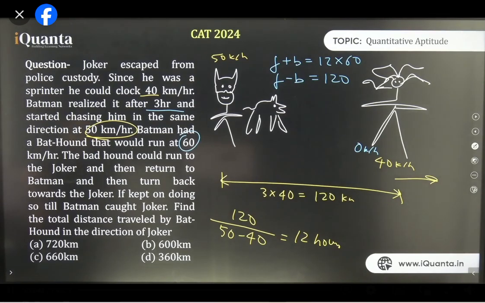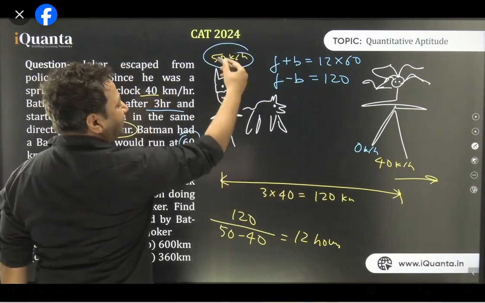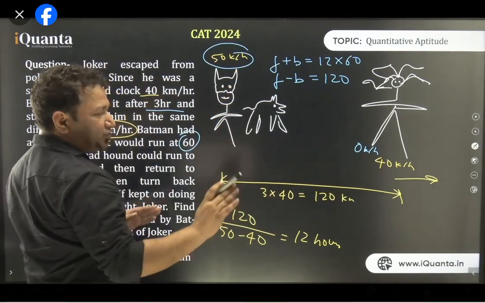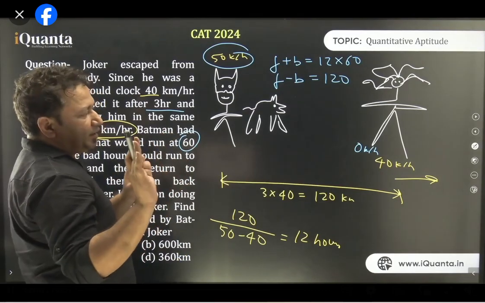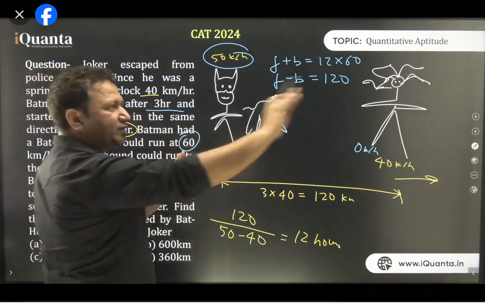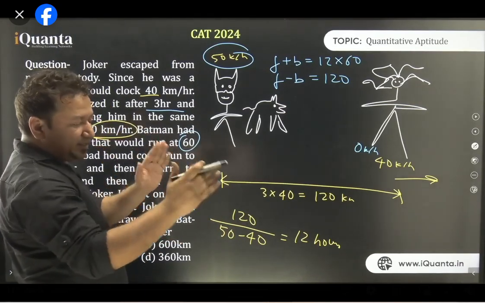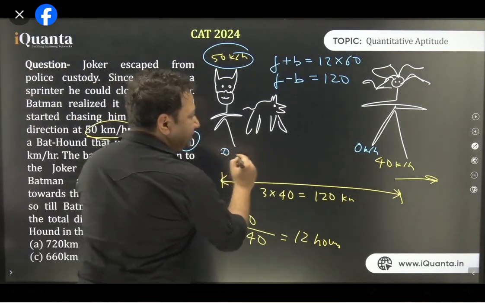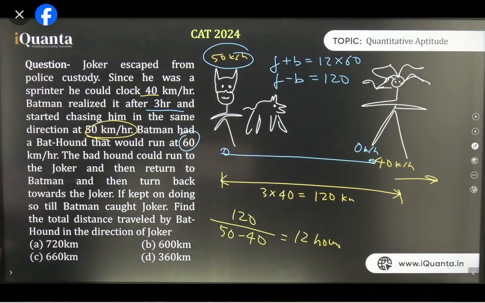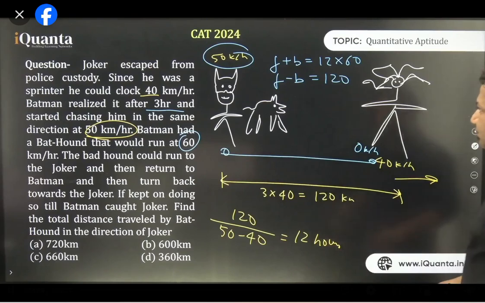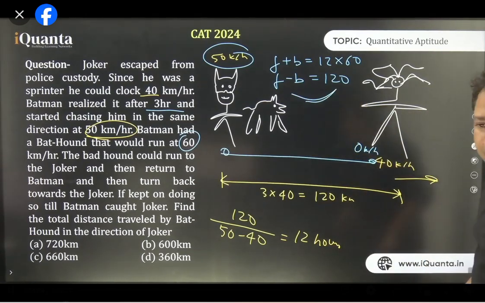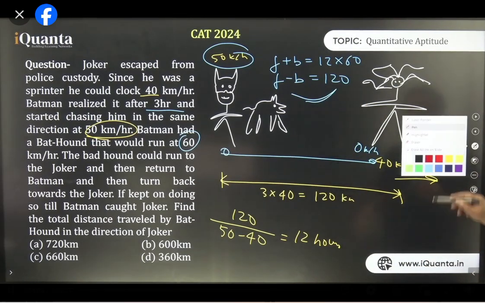So if I assume that Joker is not running at all after 3 hours, then everything happens. So when I assume him to be at 0, Batman will automatically be at 10, and that is how we calculate it. So now when Joker is stationary, forget that Joker was running. Now it is very easy to understand that all the forwards and all the backwards run by Bat Dog, the difference will be 120 only, because the net distance traveled by Bat Dog is nothing but from jail to the point where Joker was standing. Clear? Clear to everyone? Those who could not get it how F minus B is being calculated, now I have cleared it. Okay? Let's solve it now.